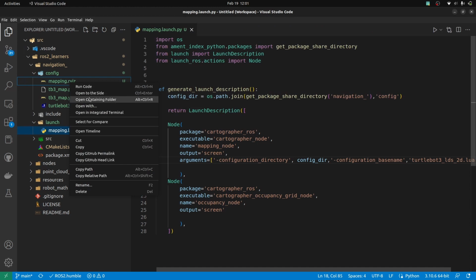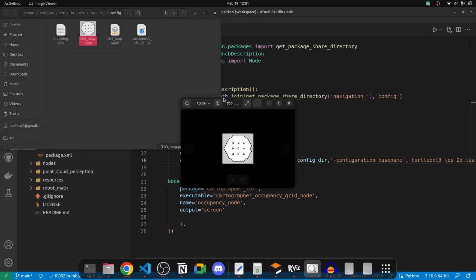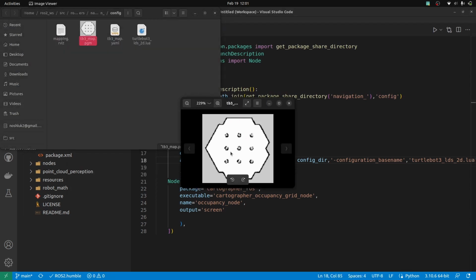If I open up the folder, you can see this map image is being produced, which is currently the map produced in our RViz. We have the map and now let's plug in the nav2 stack. But before just plugging it in, we need to look at nav2 from 4 aspects: AMCL node,